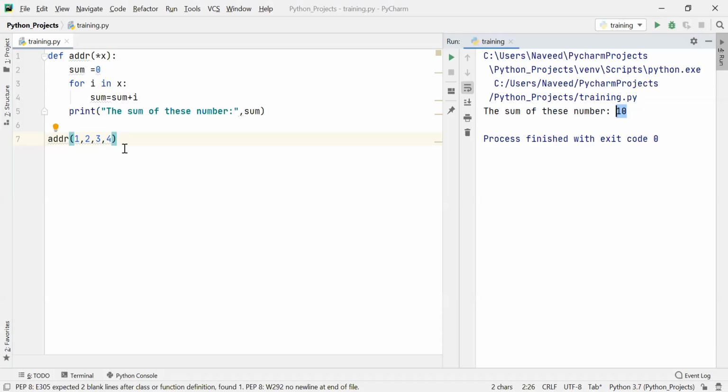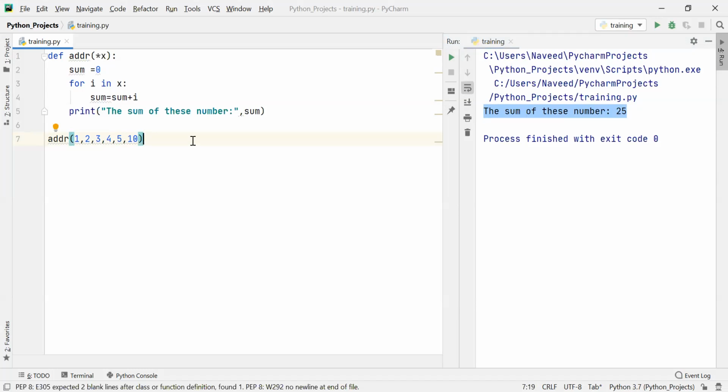Okay, so I can pass n number of arguments. Okay, so let's say if I again have a requirement, 5 arguments I'm passing. So you can see it will become 15. So let's say if I pass another argument, a 6th argument, you can see here it is becoming 25. Okay, so this is how args works. Okay, it can take n number of non-keyword arguments.